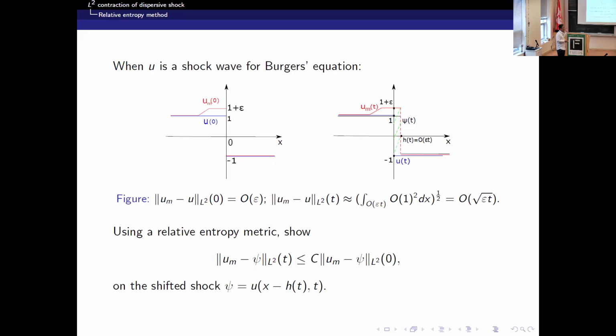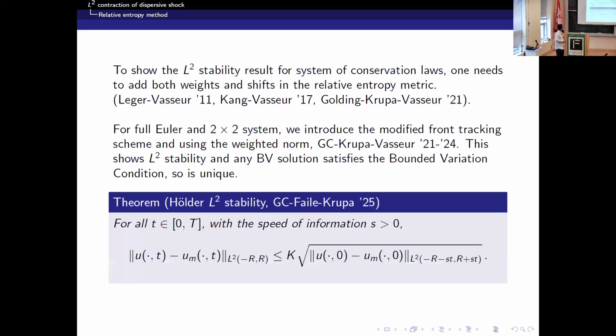Okay, so this is only one way to show this Holder stability for one shock Burgers. But the good news is this one gave a building block for us to extend it to finally 1D hyperbolic conservation law with the general BV data. I should say the major breakthrough to make it into the Cauchy problem is this paper by Golding, Krupa, and